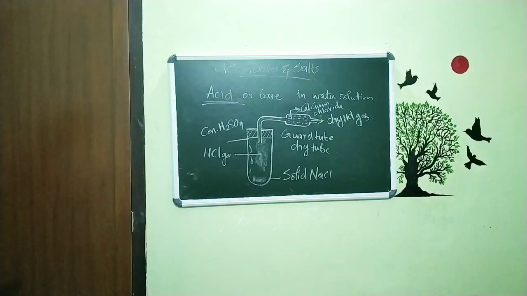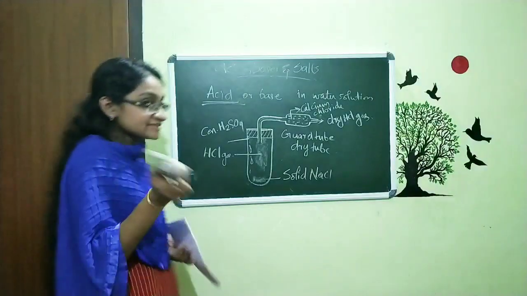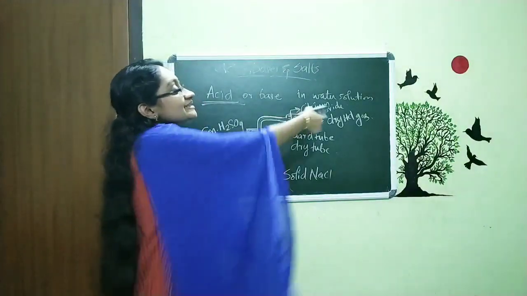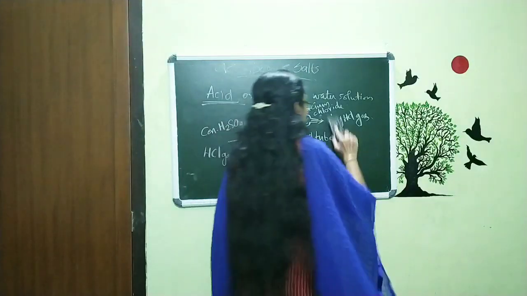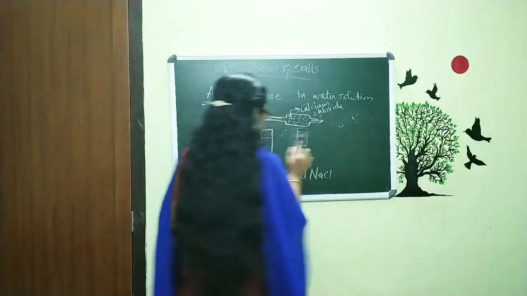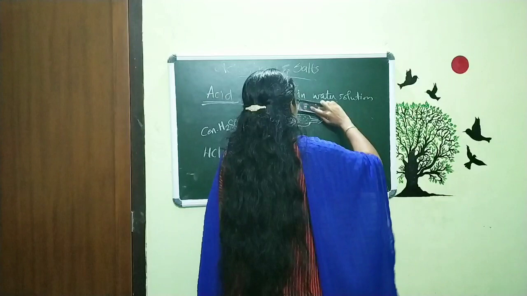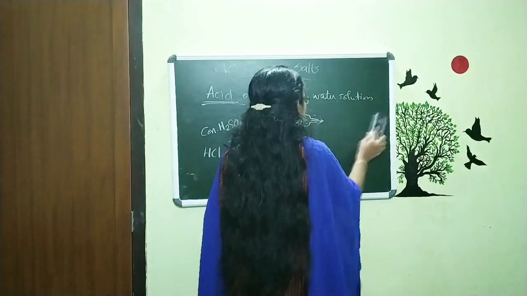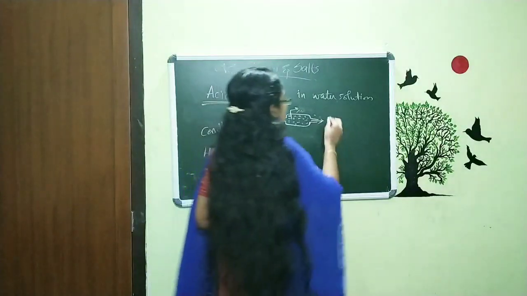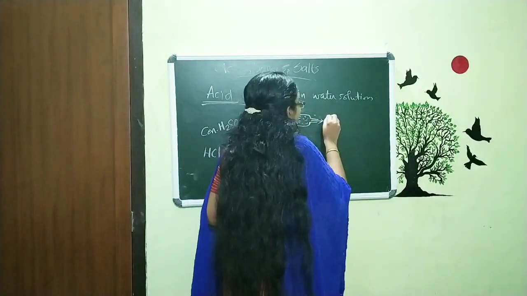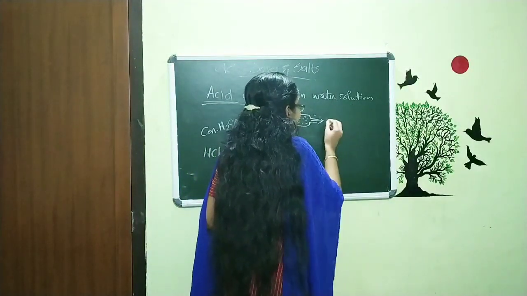Now we are again back to our experiment. I already said that we want to check this gas with the litmus paper. So now here we get the gas, and I'm selecting